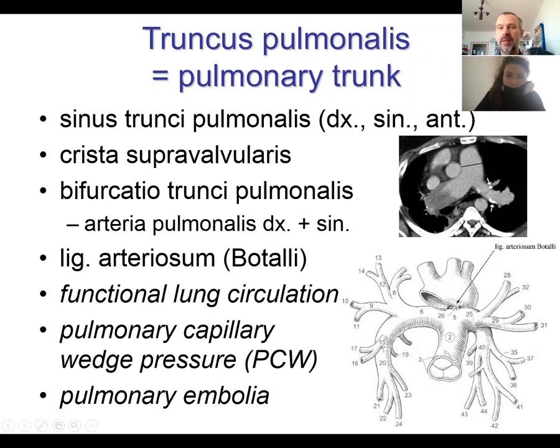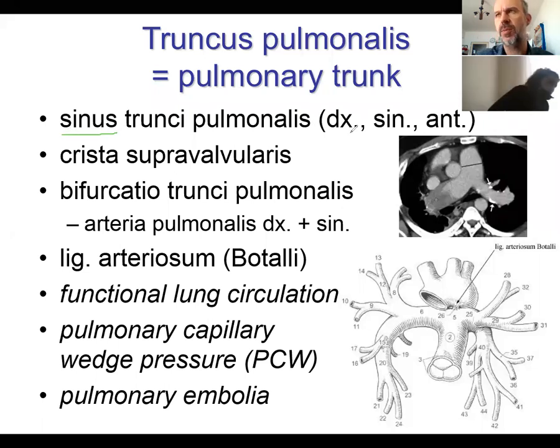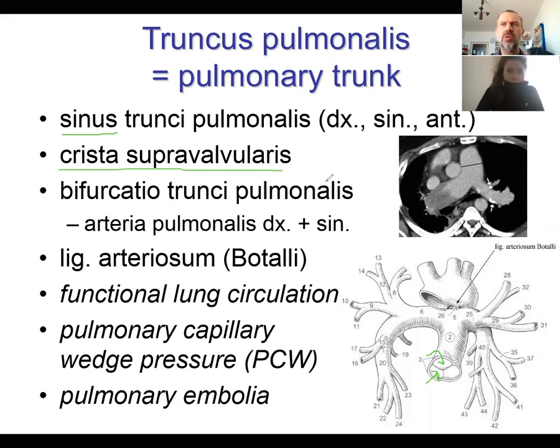Inside the pulmonary trunk, there are some interesting structures like sinuses. There's three sinuses, right, left, and anterior, which are located above the semilunar valves. Yeah, so they are located above. Above the level of the sinuses, there's a small supravalvular crest, and then it continues and ends as a bifurcation